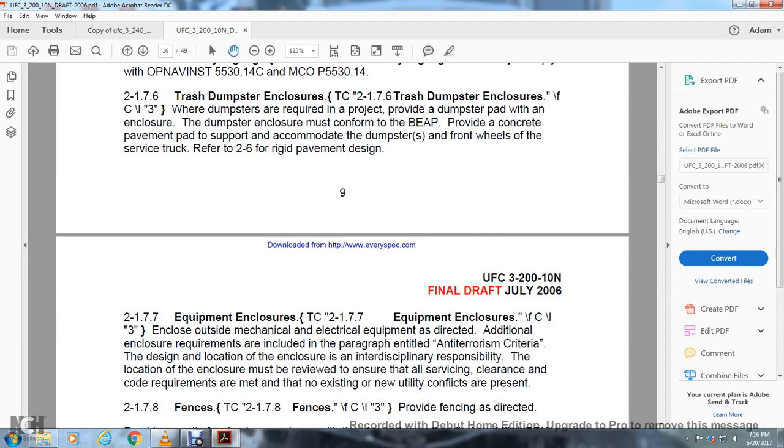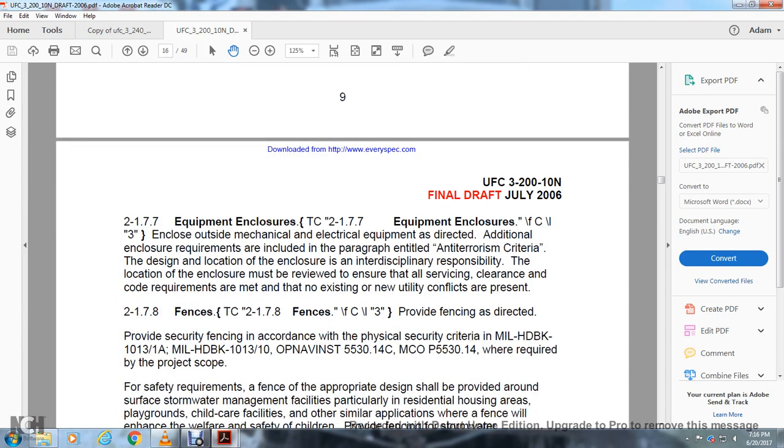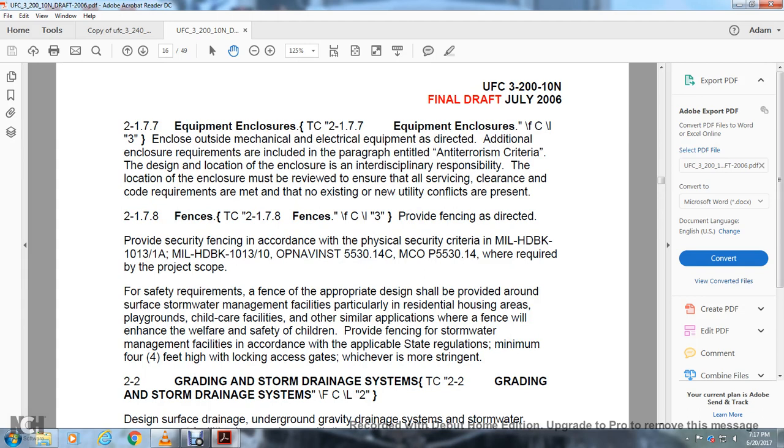2177 Equipment enclosures. Equipment enclosures are included for outside mechanical and electrical equipment as directed. Additional enclosure requirements are included in the paragraph entitled Anti-Terrorism Criteria. Design location of enclosures is an interdisciplinary responsibility. Locations must be reviewed to ensure that all servicing clearance code requirements are met, with no existing or new utility conflicts present. Fences: provide security fences in accordance with the physical security criteria of Military Handbook 1013-1A, Military Handbook 1013-10,